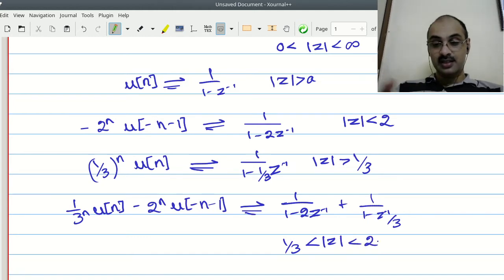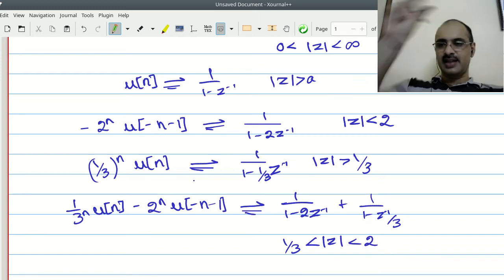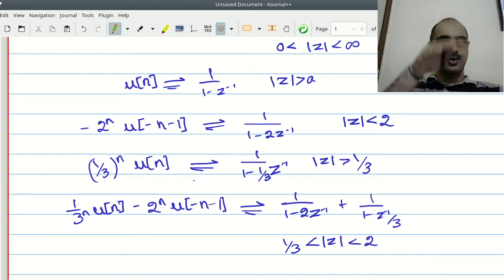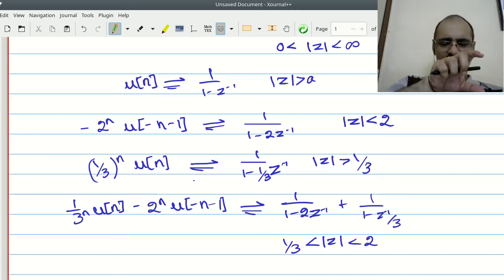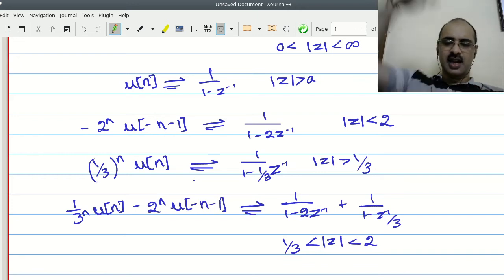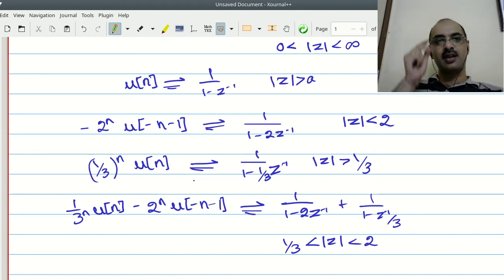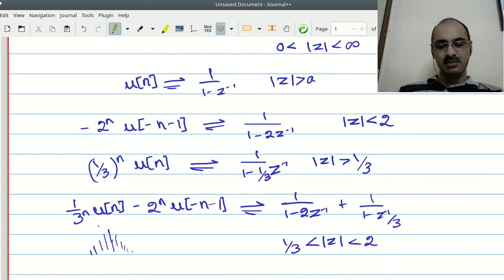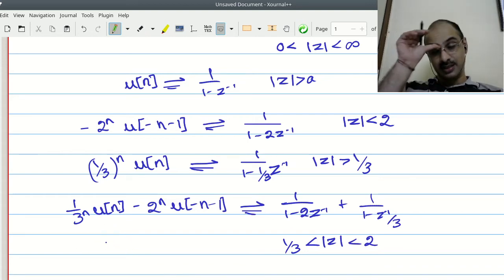Okay, now notice that this ROC also includes mod z equal to 1. This ring-like ROC, basically when you have it as a ring which doesn't include a circle that encompasses the origin, and it doesn't include this outside circle, is always a double-sided infinite sequence. So if you plot this, it is going to look something like this, and then it is going to decay as 1/3. So this is like something like half power n u[n] flipped, and this is 1/3 u[n]. Of course, there's a negative sign, but you can understand that.